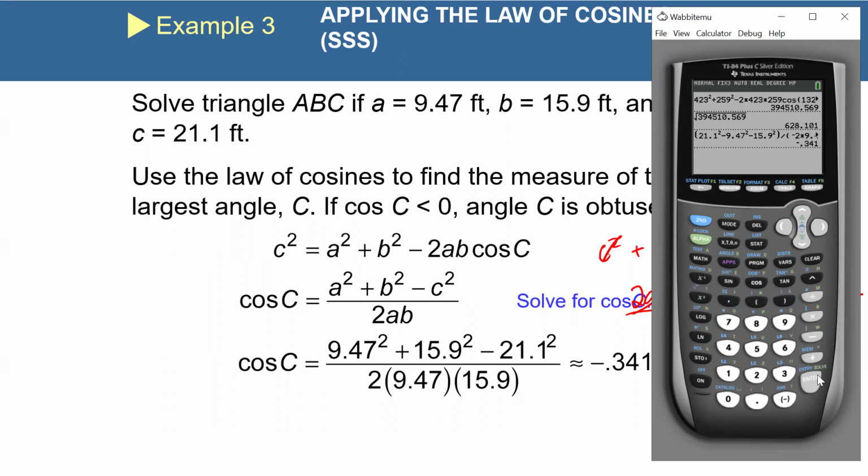That's if you want to plug in your numbers first and work your way backwards. Now you're going to take the inverse. So I'm going to do cosine inverse of what I got here. I arrow up, hit enter, and I'm going to get my angle is